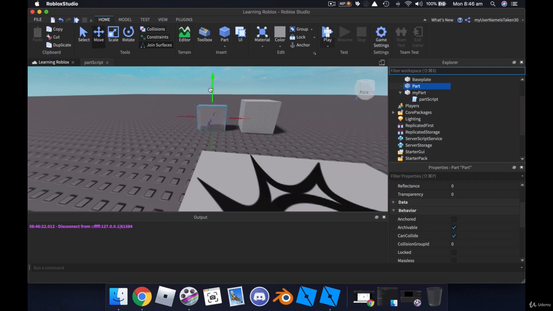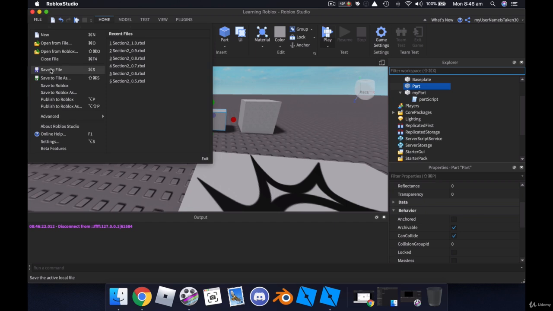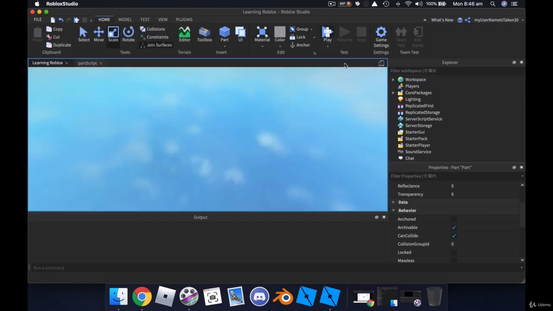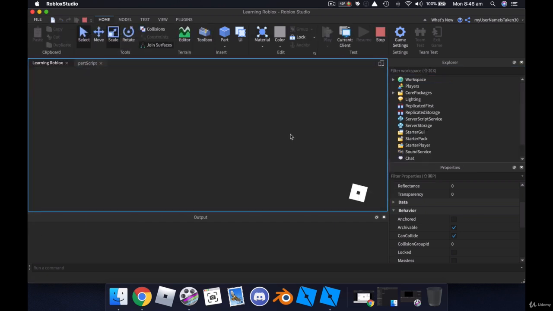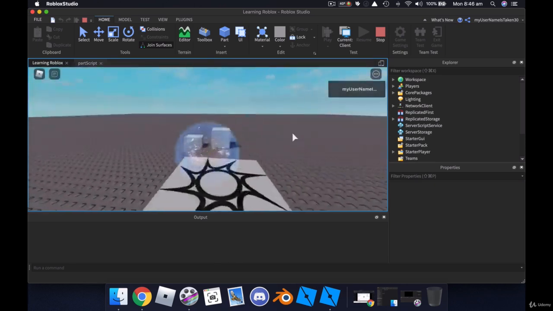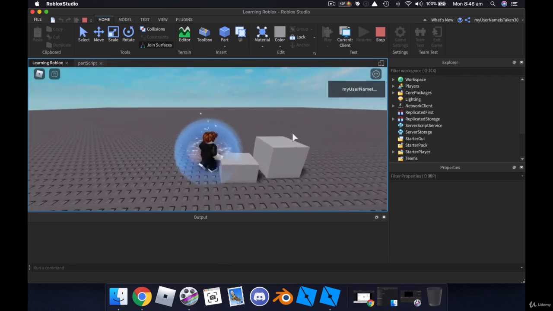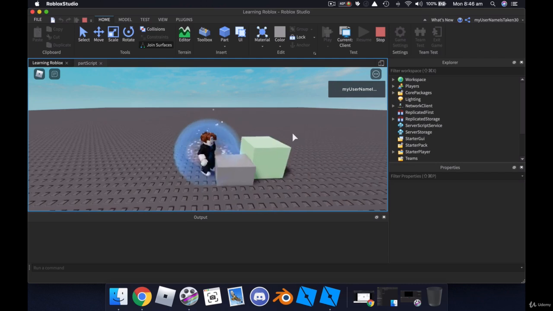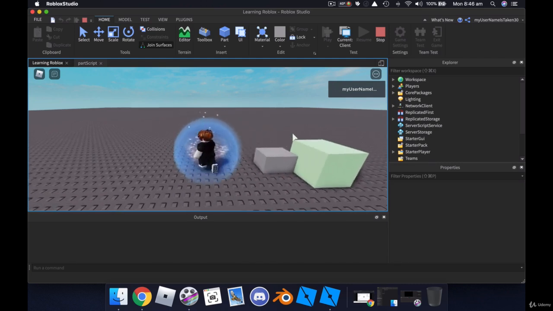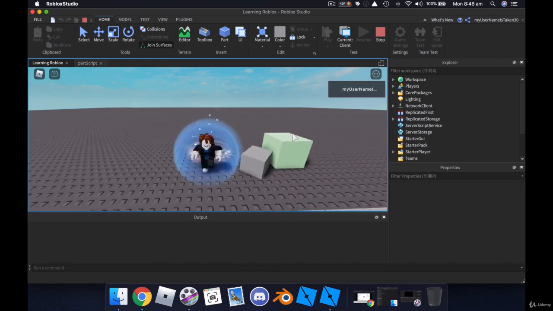Let's just pick it up a bit and we'll scale it down. The idea is that I'd like to push it into here. Okay, so let's save that and we'll try again. Alright, so if I run over here and push this into this block, you'll notice that